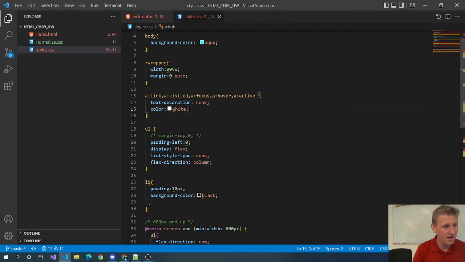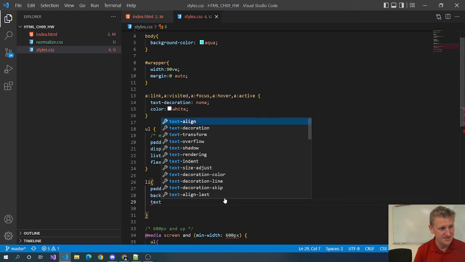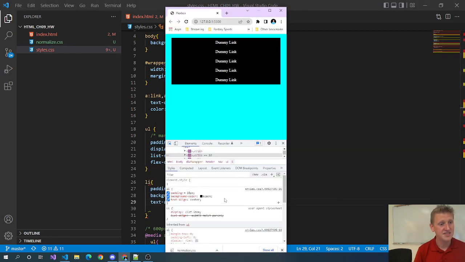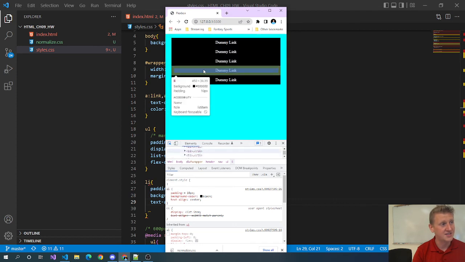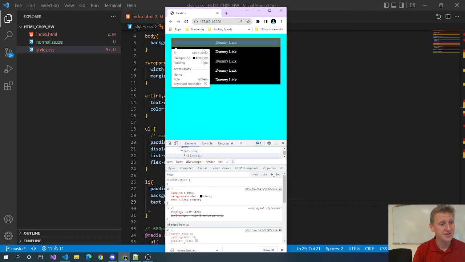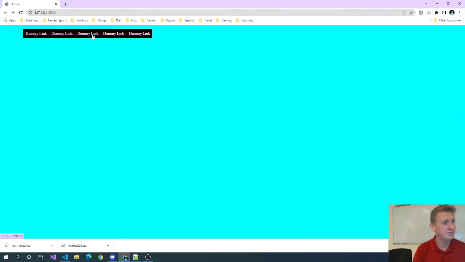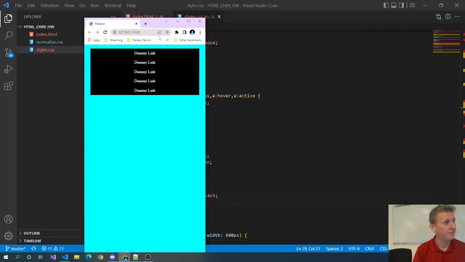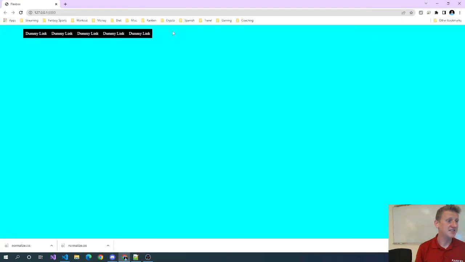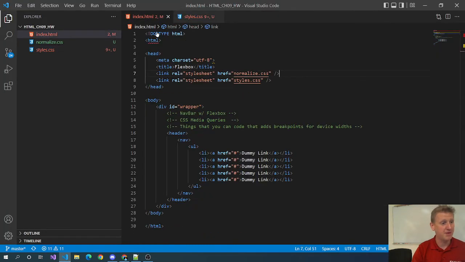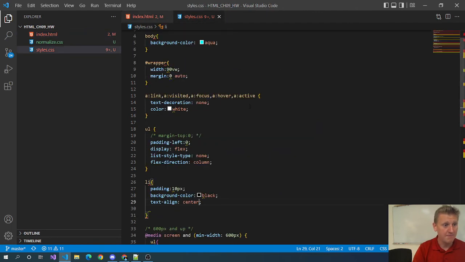I'm going to go ahead and do in the LI, I think I'll start with the text align center and see, that's clearly pretty easy to do. Getting those links in the middle there, and when we expand, all right. And so, at a bare bones, we've got a Flexbox nav bar, and we've got media queries,